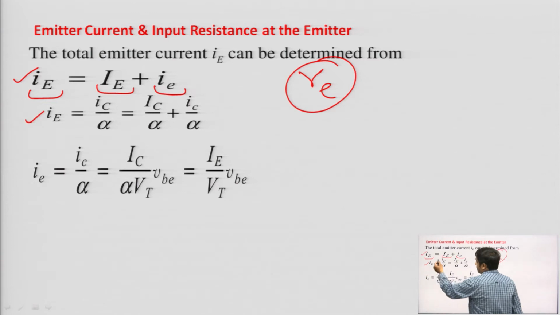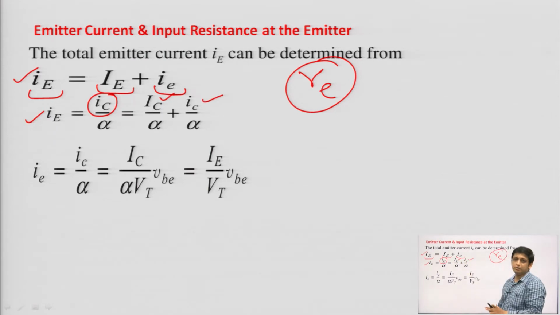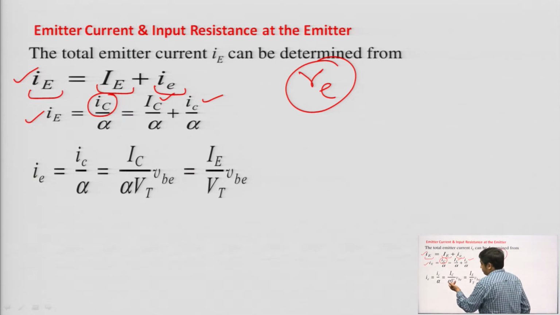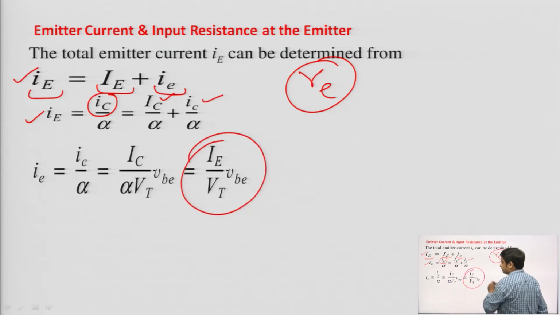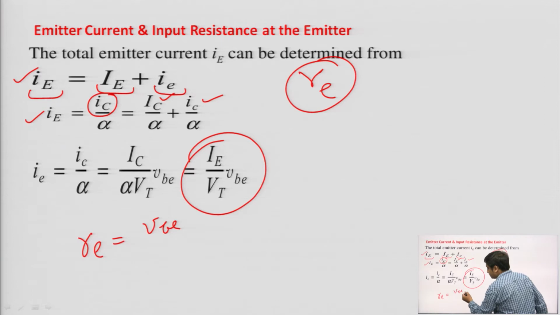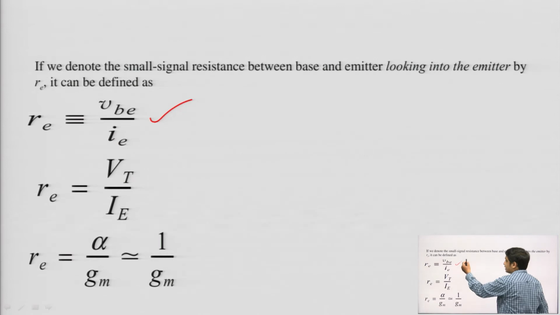So, we know the relation I e is equal to I c by alpha, where I c is the total collector current, that is the summation of the DC collector current plus AC. So, the total is equal to DC plus AC. Again we will segregate the AC quantity, and after segregating it we will get this equation. Then what will be the value of R e, that is the resistance at the emitter terminal? It will be small v small b small e upon I e. So, from here we can calculate it, R e is equal to V b upon I e, then from the previous equation we will get V t upon I e.